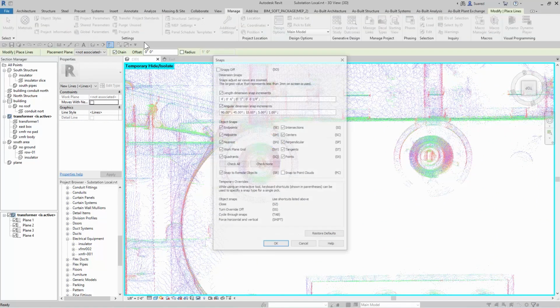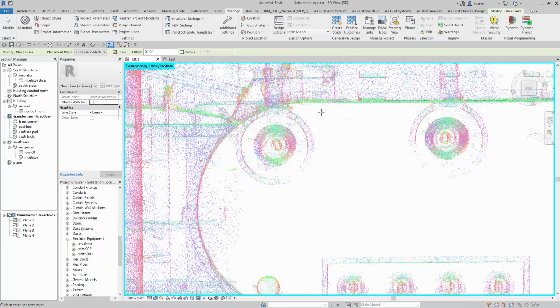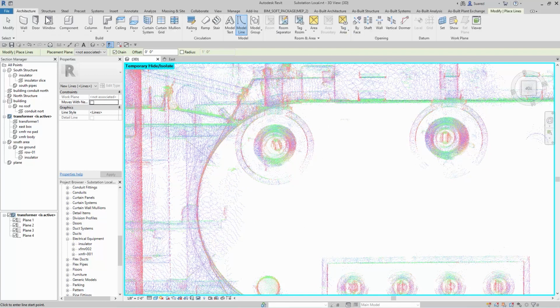Number one, turn off your Revit snaps. The second thing is that when you're drawing the model line that you're going to use to fit, the first segment, you do want it to fit well on the point cloud and be a small segment. Then you can spread your segments out, make the points further apart from one another,